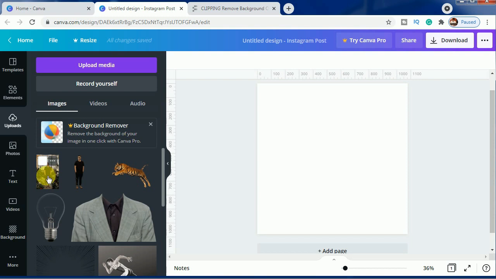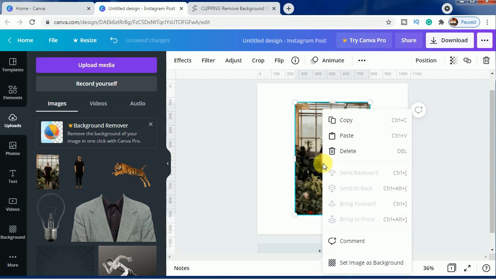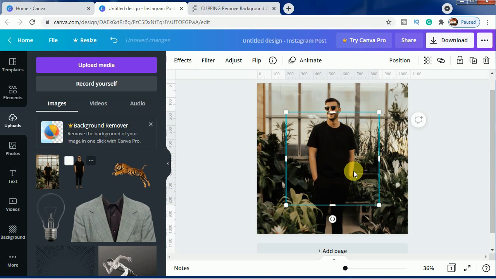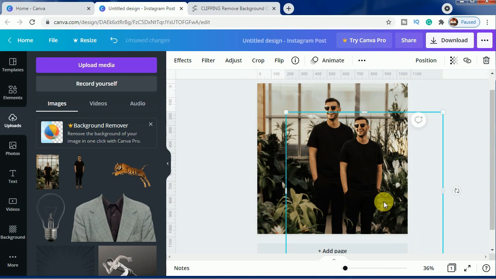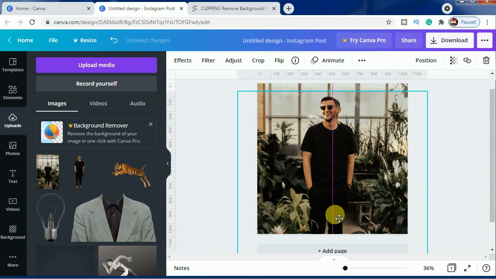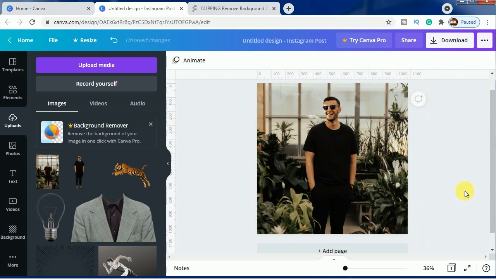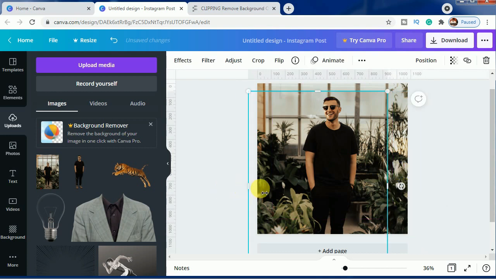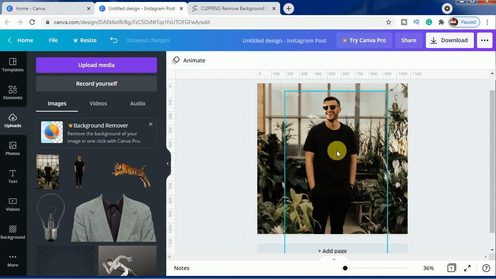So let's use the main image and select set image as background by using the right click. Okay, so we have done that. Now we use this image and we'll paste it above this one by adjusting it. So let's do it. So it is, as you can see, perfectly done. So we'll just adjust the scaling here for the above image which I have used for the remove background one. So we have done it here.